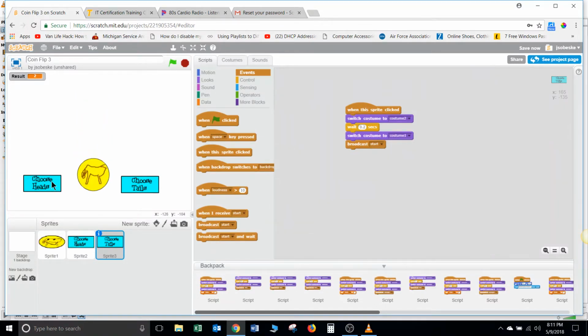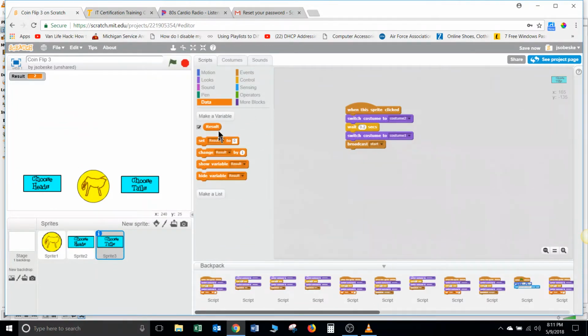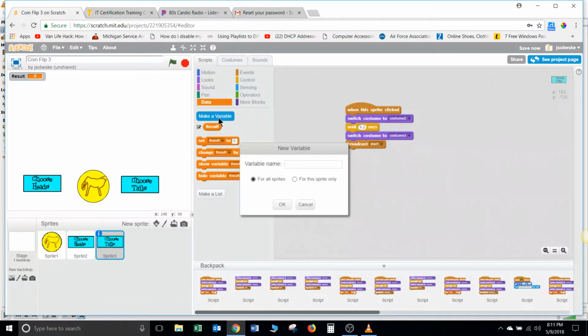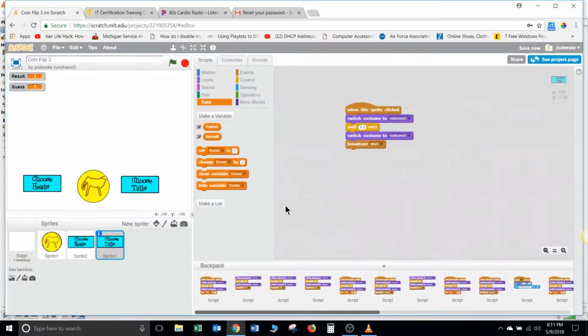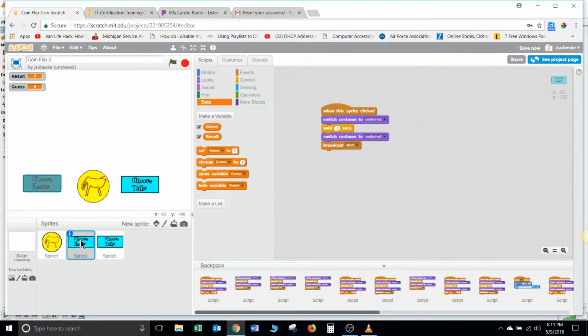Now the only thing that's left is we need one more variable. So I have one variable called result. I better make one more as the guess. Okay, so now I have a variable called guess. And so when I choose heads, I'm back on my heads sprite. I should actually do something before I broadcast start. I'm going to change my